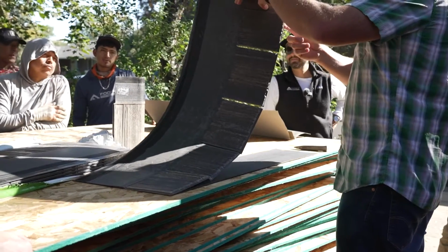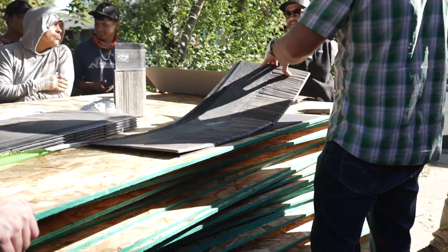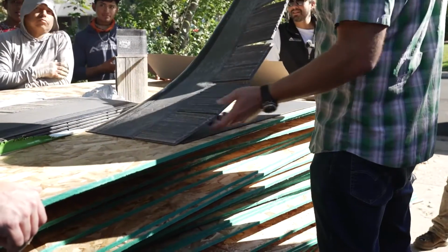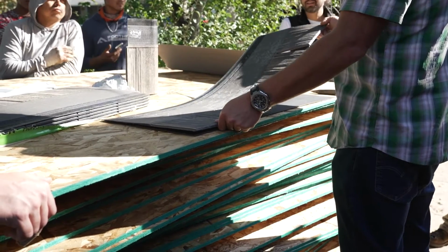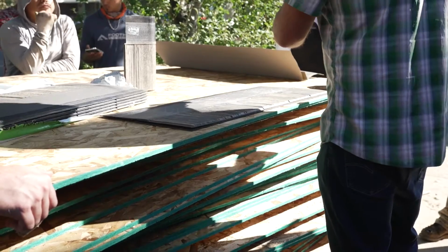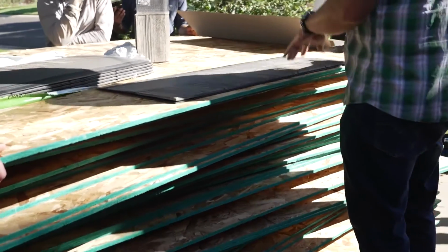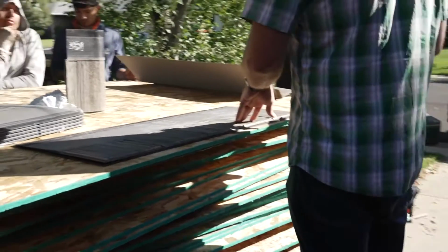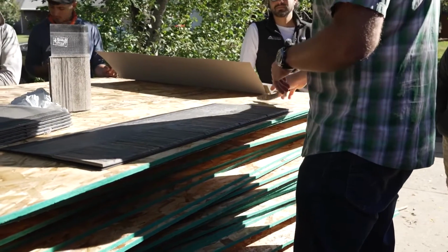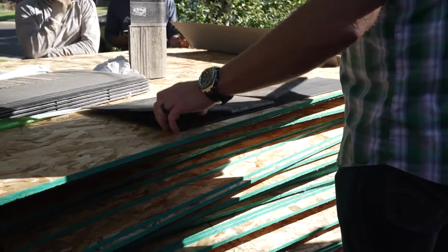These thick areas are hard to get through with the hook blades, so you usually end up with crooked cuts. You're always afraid someone's going to cut themselves because it gets real jerky. We've been there too. You just need to run to Home Depot anyway and get some new blades. You can cut this more like drywall. You don't have to cut all the way through it. You can cut about halfway through and then snap it. We'll see that in a minute here. So with the starter,